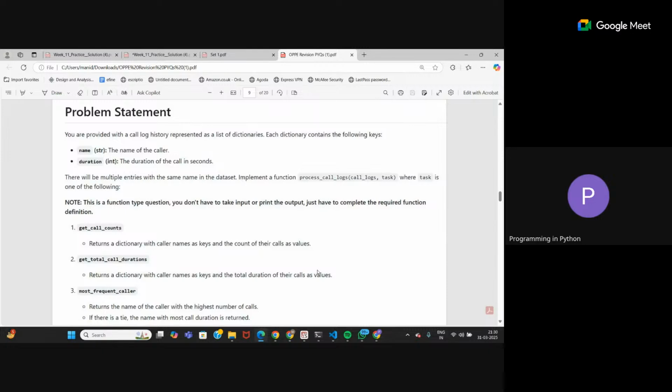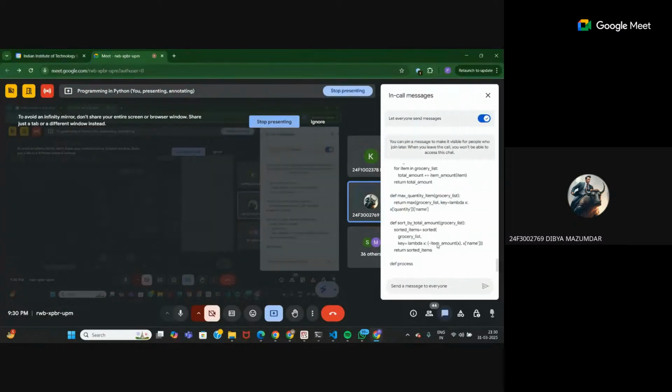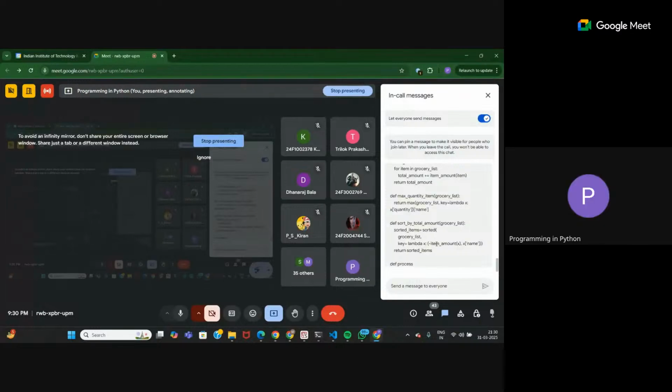Is the PDF visible? Ma'am, your code is cut in between. Wait. Oh, the last part of the function didn't get pasted.